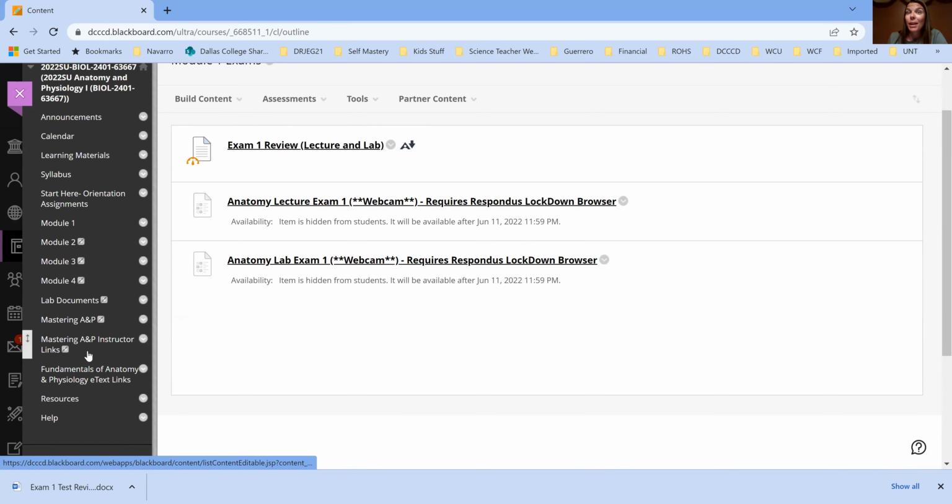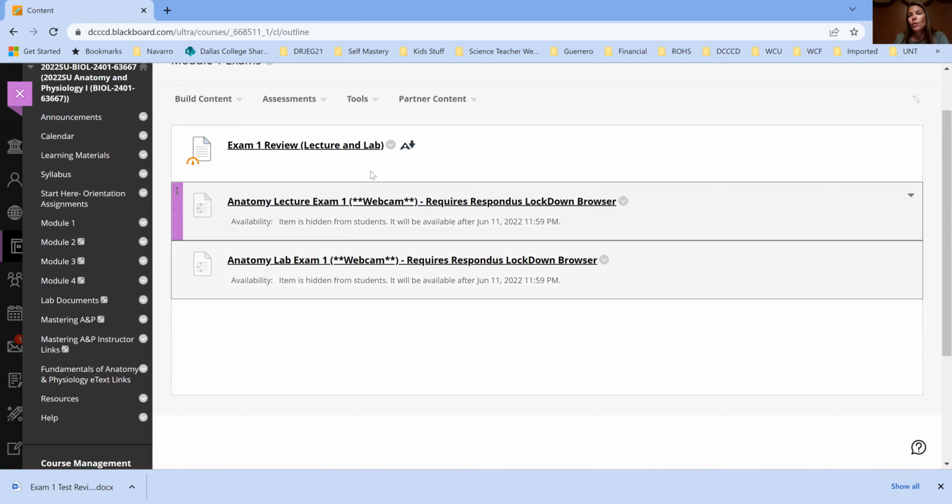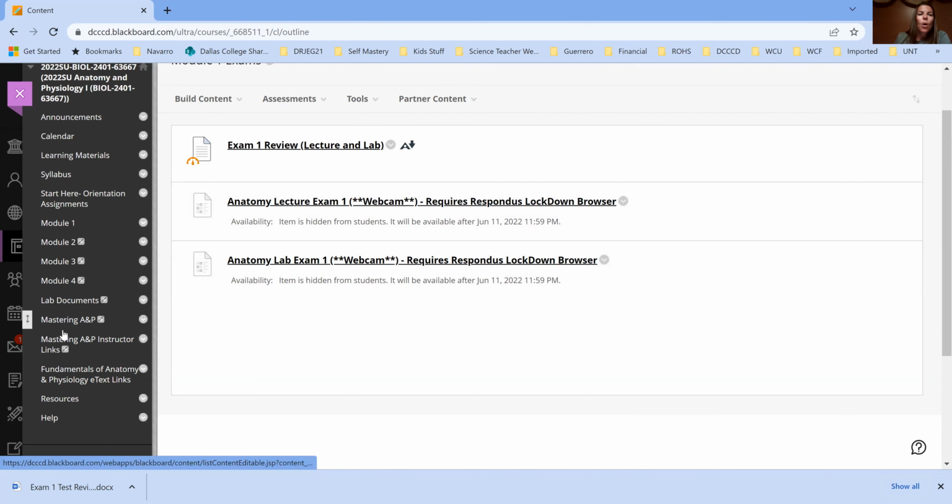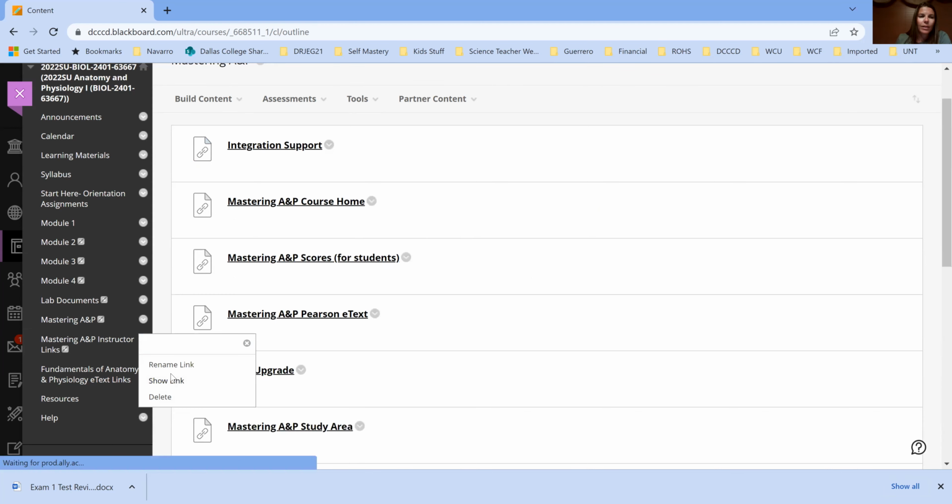Oh, Mastering A and P. I'm glad I looked down here. So on the rest of these modules, they're grayed out for you, so you don't see them, and I open them. When you start the exams for the first module, the second module will open, so that you're not overwhelmed all at one time. When you go to Mastering A and P, which I will make a live link now,